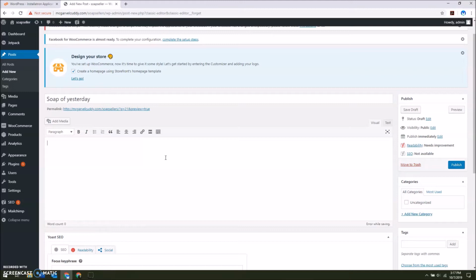So I've got, this is an old soap. And it's just a text editor, so we would drag and drop the text, but if I make another paragraph here,